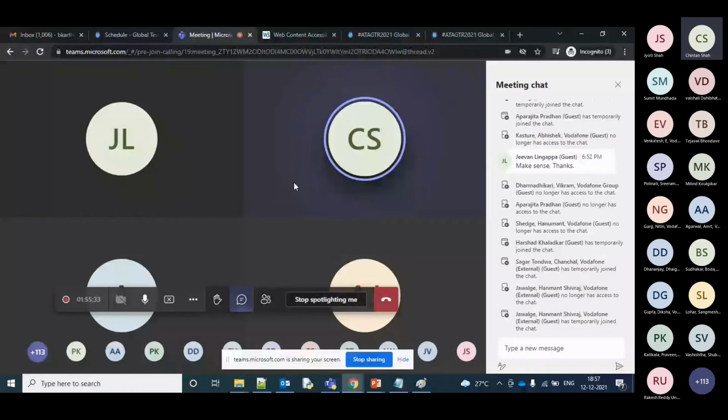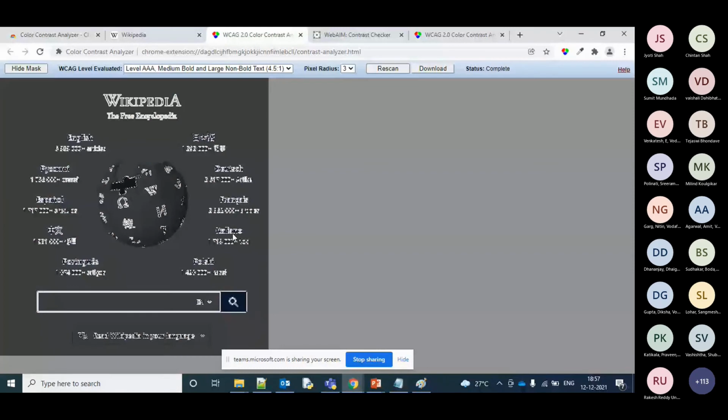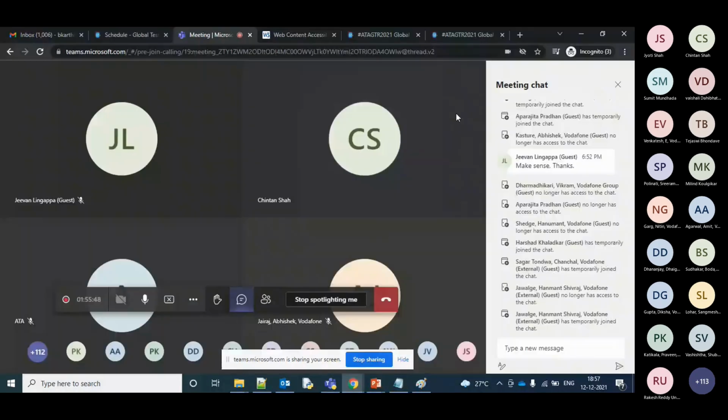If I click the scan full page, I get a feeling that it is getting stuck midway, but I'm not sure if someone else is facing the same issue. You are presenter. In case you can share your screen, it will be quite easy for Karthik to explain. Sure, just allow me a moment.